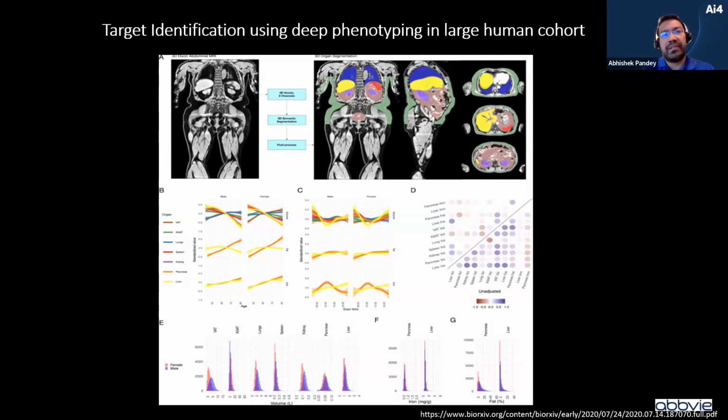Target identification using deep phenotyping in a large human cohort was done by Calico. This is the paper that Calico came up with. Calico is the life sciences arm of Google. What they did is that, for example, they used the UK Biobank data. If you're trying to follow a pancreatic disease or a liver disease, of course they use deep learning to segment out some of these organs. So they segment out the organ from the MRI scans that were acquired in the UK Biobank data. And these patients were followed